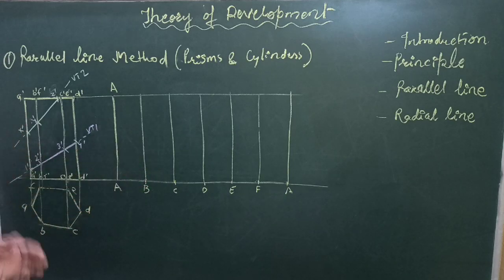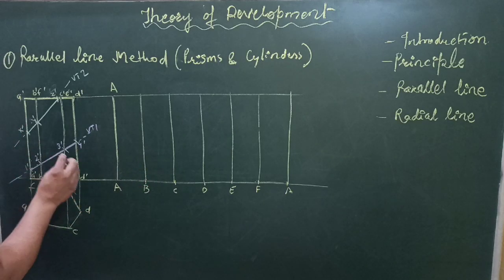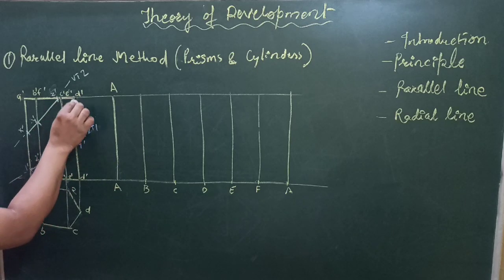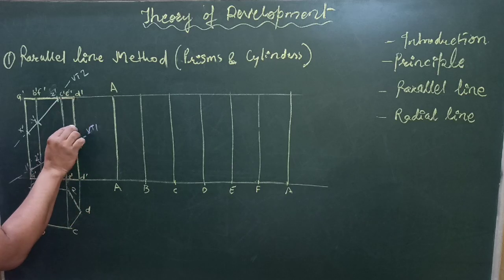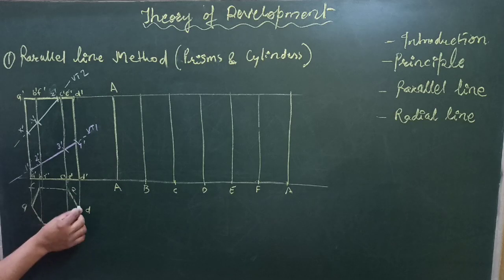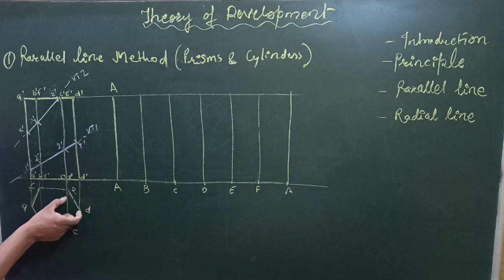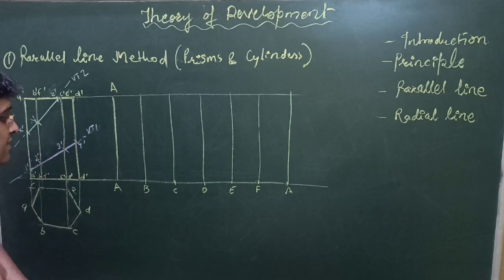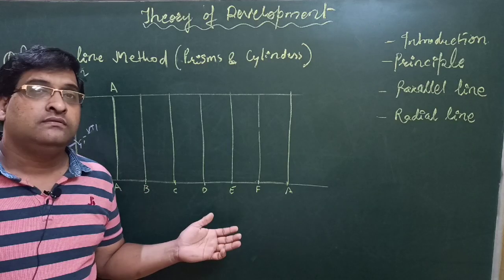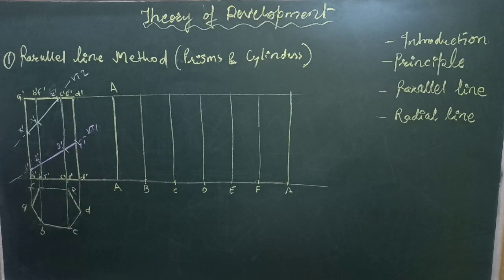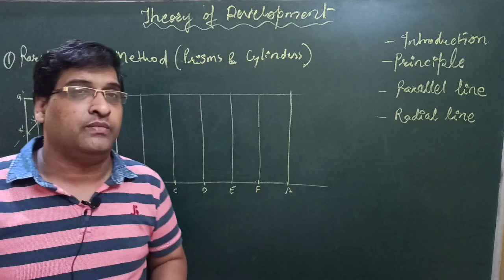Why are we saying that? Because here if you see, these faces are visible like rectangles, but this is not the true shape of this face. The true shape is this one. Because of this inclination or tilt with the VP, these faces are appearing to be less in width compared to this one. So when we develop any solid, the true shapes or true lengths are visible here always, and this is the principle of development.